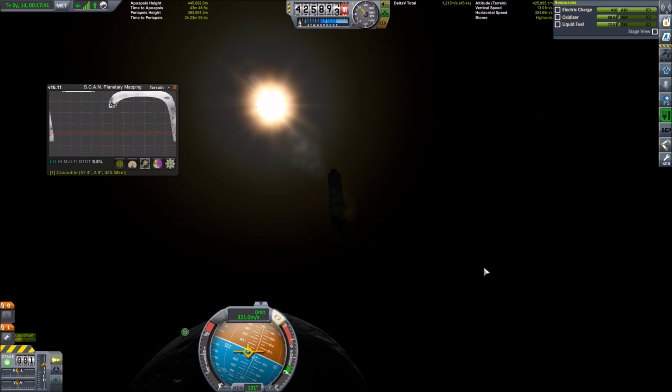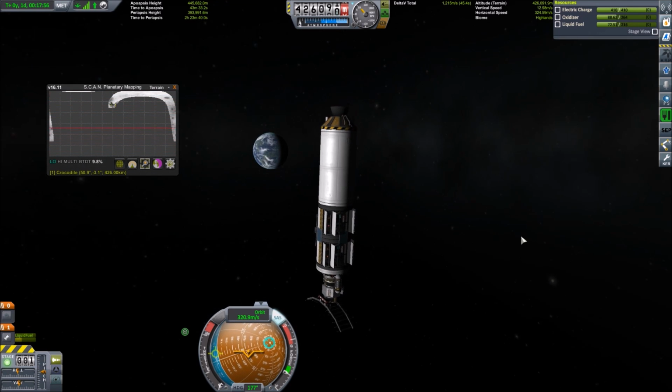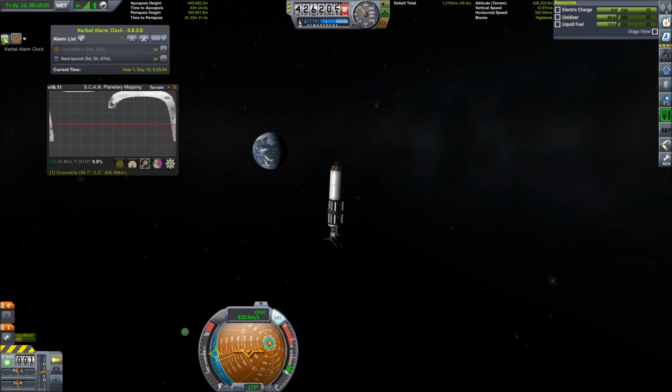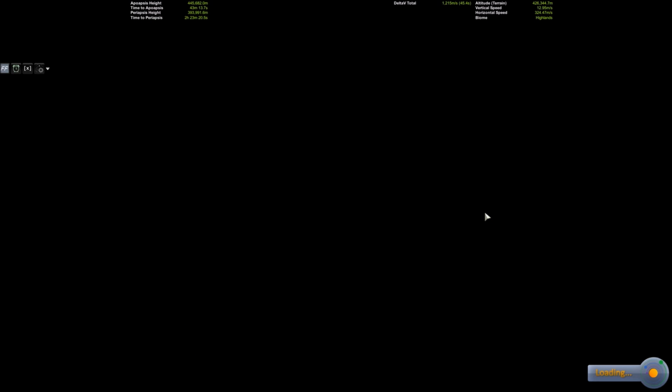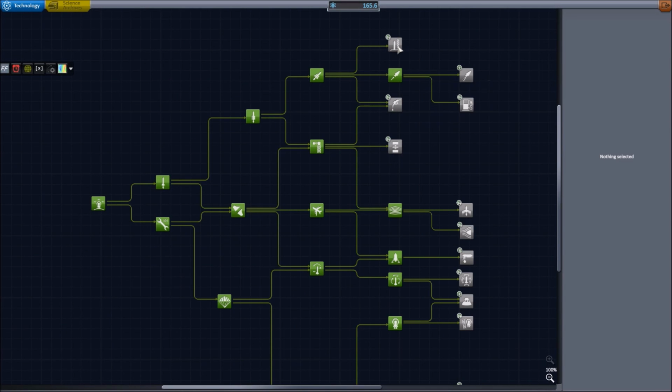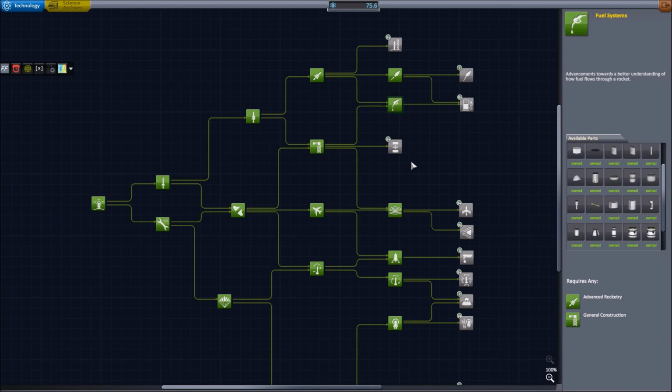But we will find out how the scanning of the moon goes in a future episode, and then hopefully use that awesome map that it generates to pick a landing site. We certainly get a little bit of science from that transmission, which we can use to unlock a few more things at the R&D center. Not the big engines yet, unfortunately, but